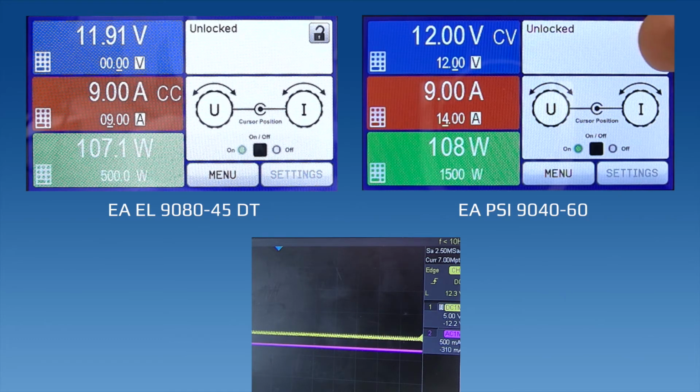Back on the power supply, the reason we want to set our current limit a little higher than what we think the circuit is going to draw is this: if I start to lower this current limit down to 9 amps, what you'll see is the voltage. Right now we're basically at a perfect spot. We're right at full power for our power supply. But again, if we increment just slightly above 9 amps,